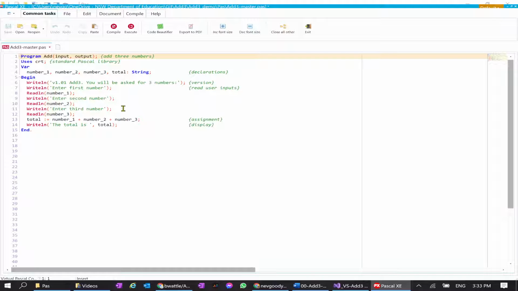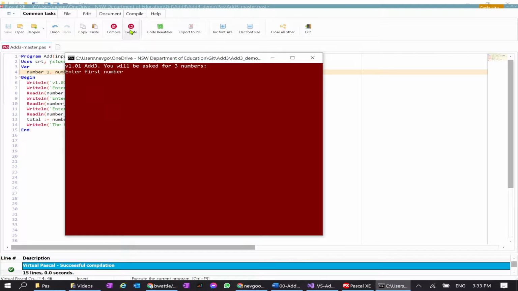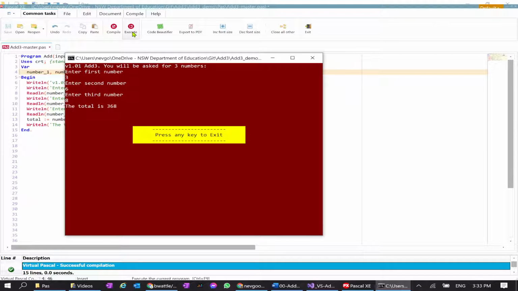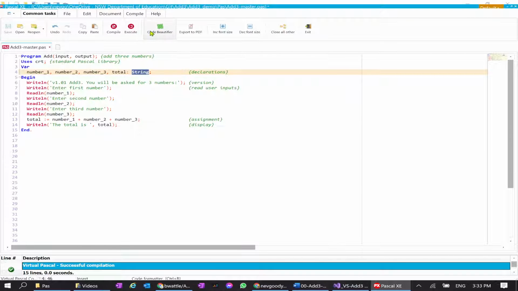version 102. Okay, in this master file we've got our numbers all declared as strings. We've got our comments nicely in line here. I'm going to change that and add them. Well, let's actually just run it first, make sure that it's still concatenating the way it was. 3, enter, 6, 8, and it's concatenating there. So let's change this now to integer,